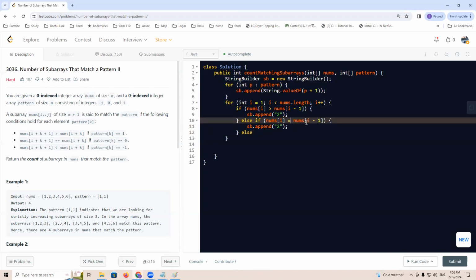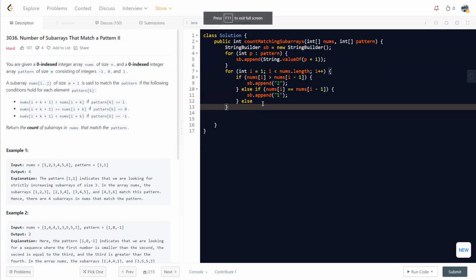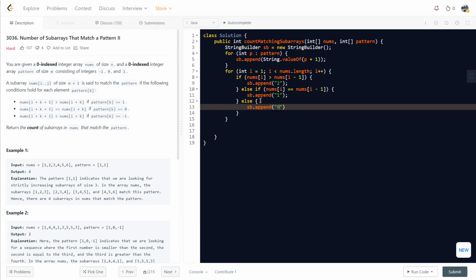If this one equals, we append 1. Else we just append 0, okay? So do the string matching. Matching is that we put this part in front, the trends in front of trends. This is what we calculated from here, right? So what we do is that